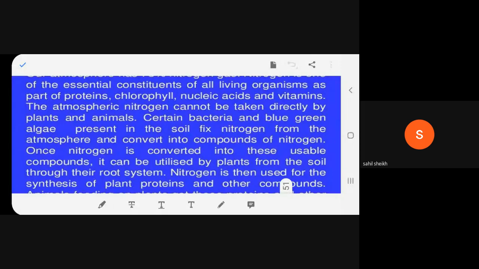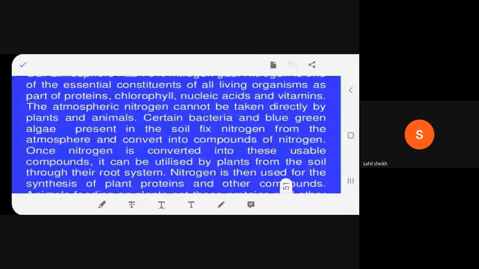Now, the atmospheric nitrogen, that is 78% which is present in air, cannot be used either by plants or animals. Even we can't use, animals can't use, even plants can't use. What do we do? Now, in nature, there are certain bacteria, rhizobium, I think I taught you, rhizobium bacteria, which you observe in the nodules of the leguminous plants like pea, remember? And certain blue-green algae, which have the capacity to fix this atmospheric nitrogen from the air and convert it